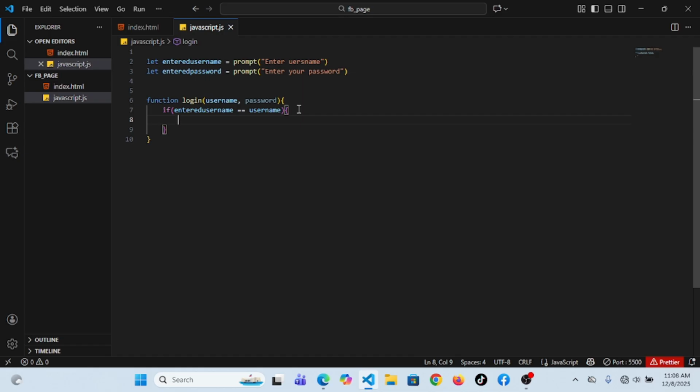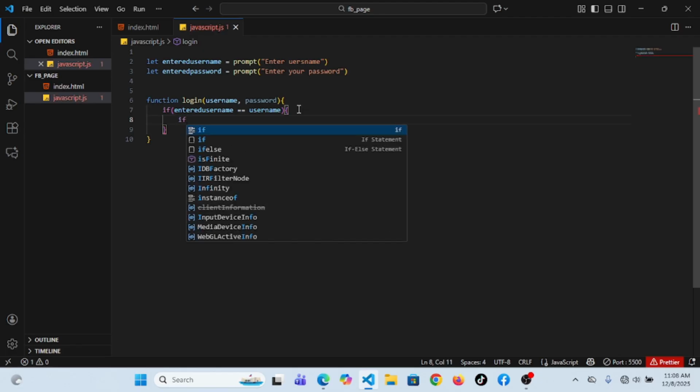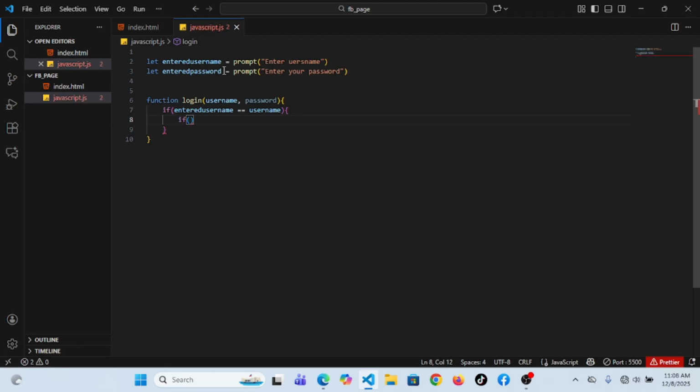Because I'm checking two conditions, I have to give it two conditions at a time. So I will also say if enteredPassword equals password,